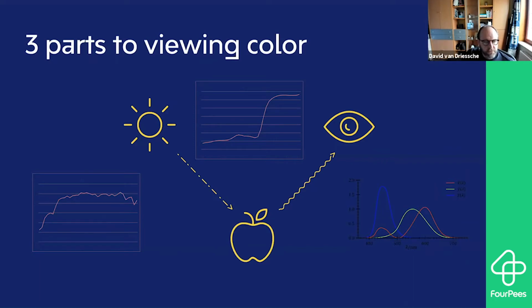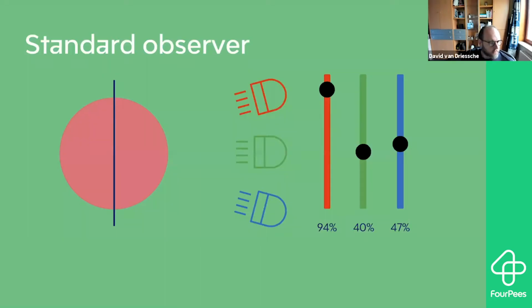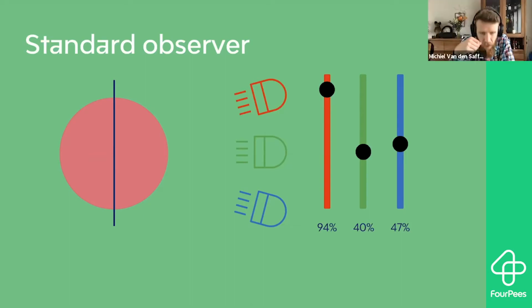If you go back to the observer one, yeah, that one. What you're talking about here is average data, correct? So it is not necessarily going to correspond to what anyone sees, but it's the average of what a whole lot of people see. Yeah, so a whole lot of tests were done with a whole lot of people